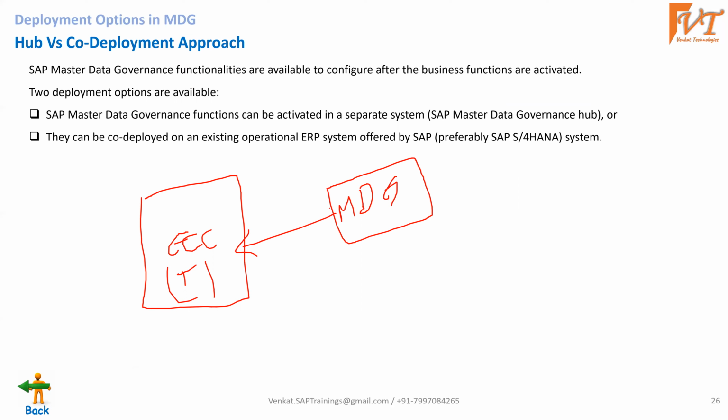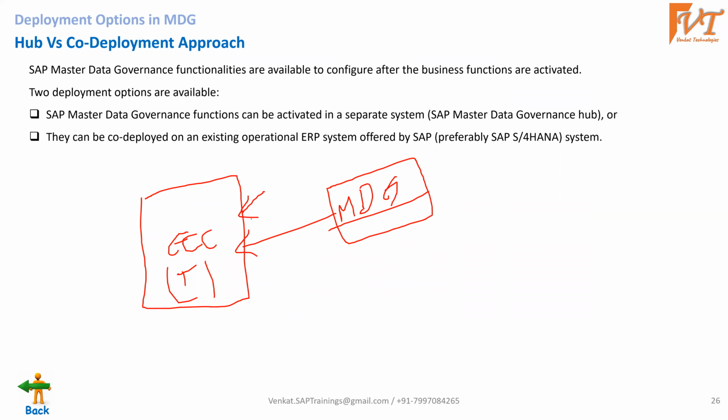They just come to know about the advantages of going for MDG and how it adds value to their business, how they can govern their master data using MDG. They have seen the advantages of MDG, maybe from demos by SAP or other service partners like Accenture, TCS or Deloitte. So now they have chosen, okay, we'll go for the MDG implementation in our business.